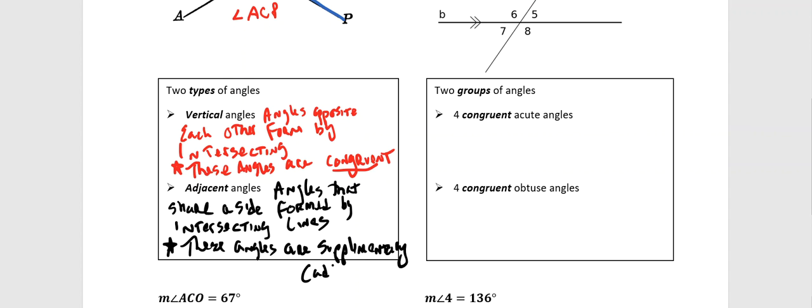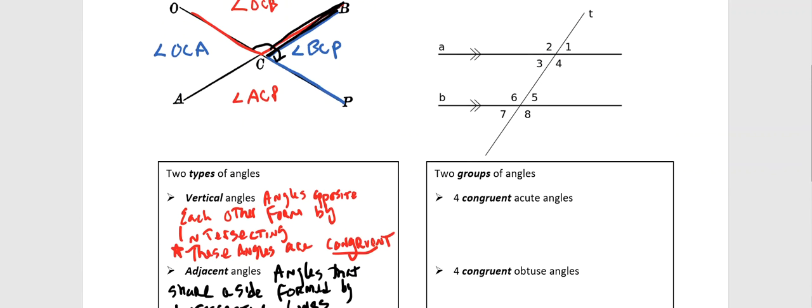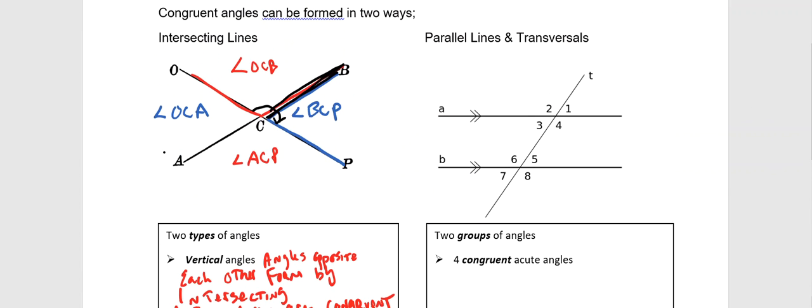Remember that adds to 180. Okay, so that's really helpful information to know. So if I go back up to this diagram, with these two intersecting lines, there's 1, 2, 3, 4 angles. If I know just one of these angles, I know all four, because if I know, say, angle OCB, I